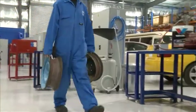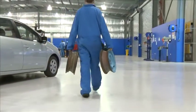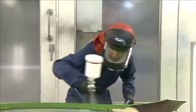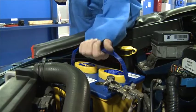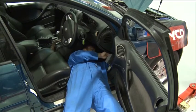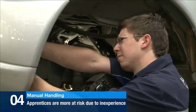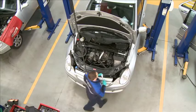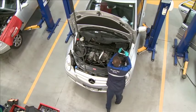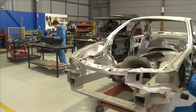Injuries from performing manual work can be caused by poor lifting and manual handling techniques, repetitive actions, overexertion from heavy or awkward loads and forces, or by adopting awkward positions. Apprentices and workers new to the industry are more at risk due to inexperience. Injuries can have a lasting impact on your life and work, but you can aim to prevent injury by adopting